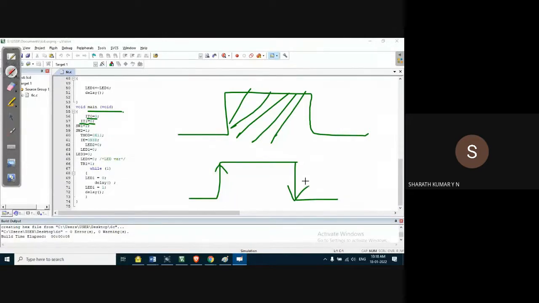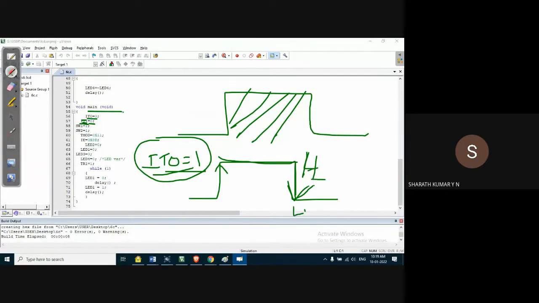So here what is suggested is that, hardware wise, IT0 and IT1 should be 1. Here for testing purpose I have taken it as 0. You can start with 1 also. Physical hardware should be 1, so that when both IT0 and IT1 are set to 1, when the signal goes from high to low, this condition of high to low transition will be latched in the flag for IT0 and IT1.